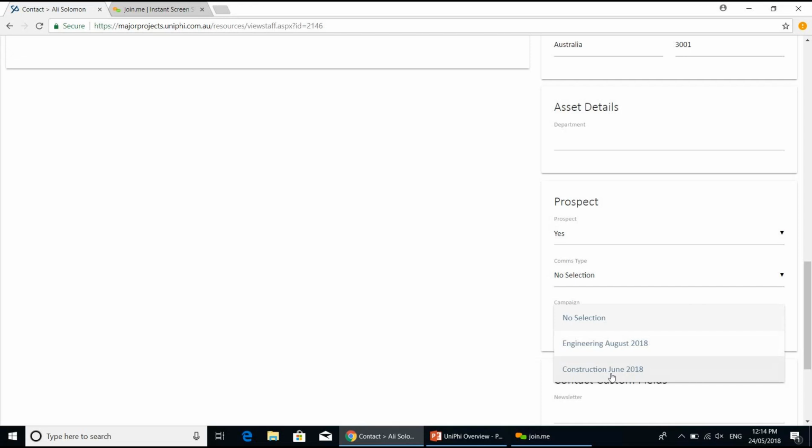So say you're a quantity surveyor wanting to partner up with engineers on bids into infrastructure, you might have an engineering prospect database, and you will be basically tagging them to be into that